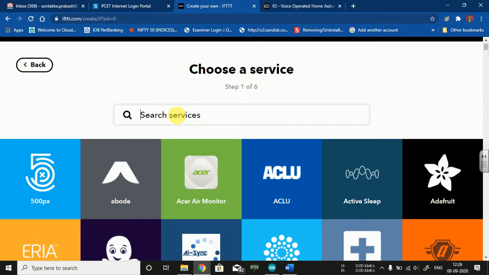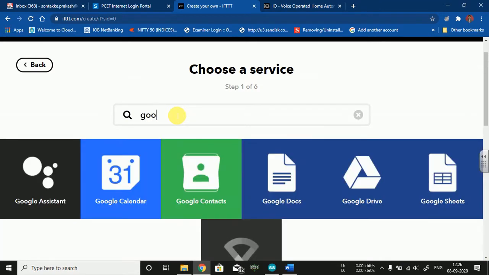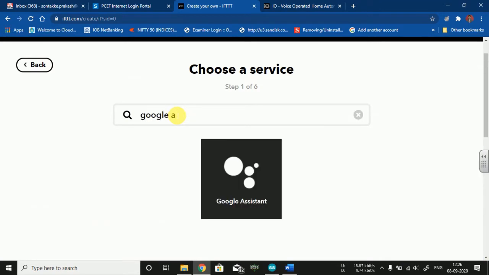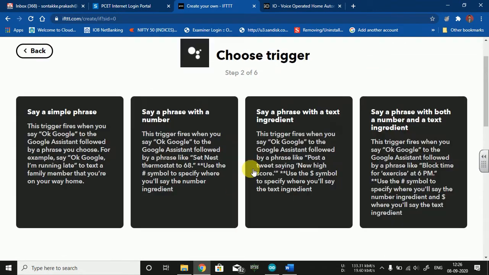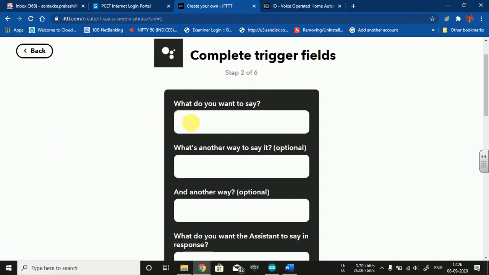On your mobile phone you have the Google Assistant application, so you need to search for the Google Assistant application, and that can be considered as the input to this IFTTT. Now click on the Google Assistant. You need to select any one of the options. I will select a simple one, say a simple phrase. Now clicking on it, it will ask what you want to say.